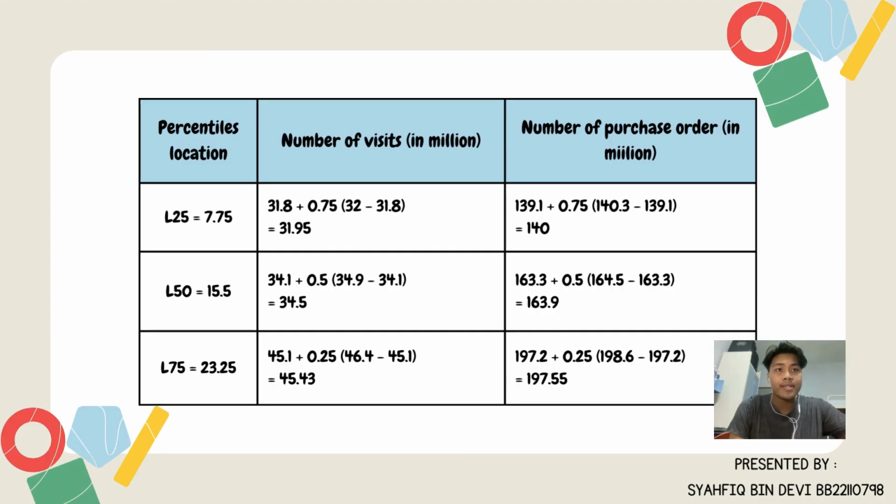So based on percentile location for number of visits, L25 will get 31.95, L50 will get 34.5, L75 will get 45.43. For the number of purchases, L25 will get 140, L50 will get 163.9, L75 will get